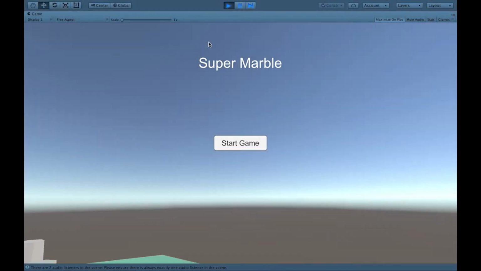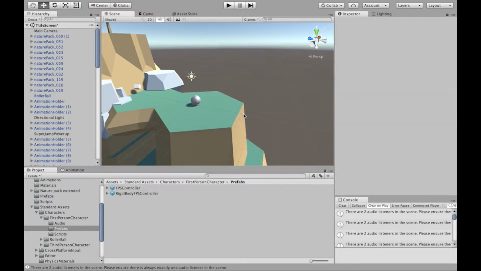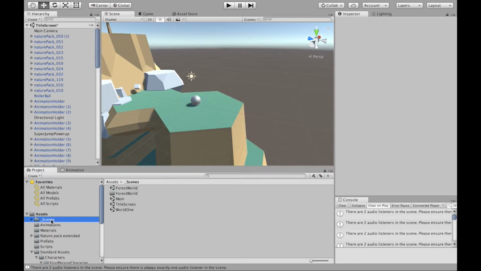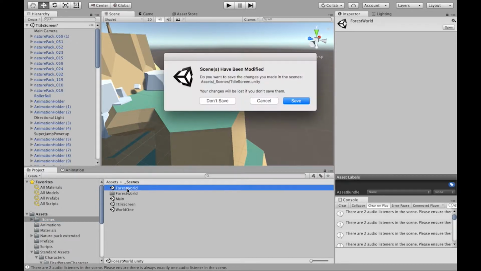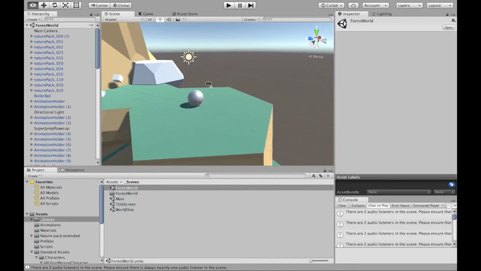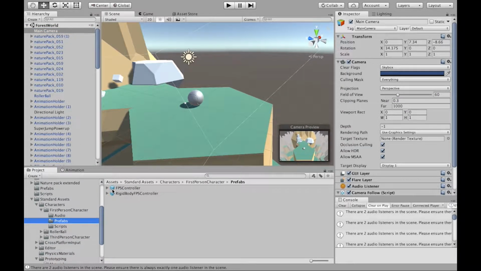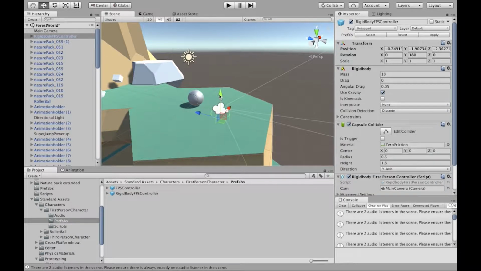So since I was on the title screen, you can see that we had our character pulled in, but we're still using our first-person character one. Not the best. So I'm actually going to switch over to Forest World instead of the title screen and not save this one, just because I want to work outside of the title screen with my first-person character. So do the same thing as we did before. Drag in our rigid body first-person controller, drag it up a little bit, and then if we press play,